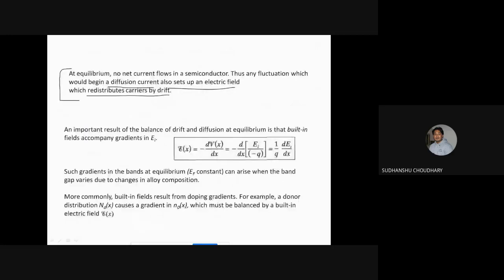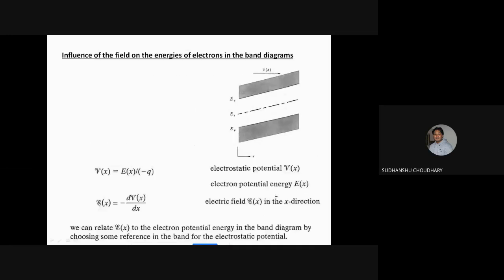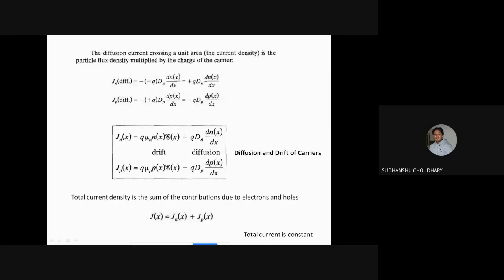I'll again take you back to where we had said the same thing. Some time back we had mentioned that at equilibrium, no net current flows in a semiconductor. As I said that hole current is zero, somebody asked me why the electron current cannot be zero. Electron current was also zero, I said, at equilibrium, because drift and diffusion balance each other. Maybe I have shown you somewhere that drift and diffusion are equal in equilibrium. I'm just going back.